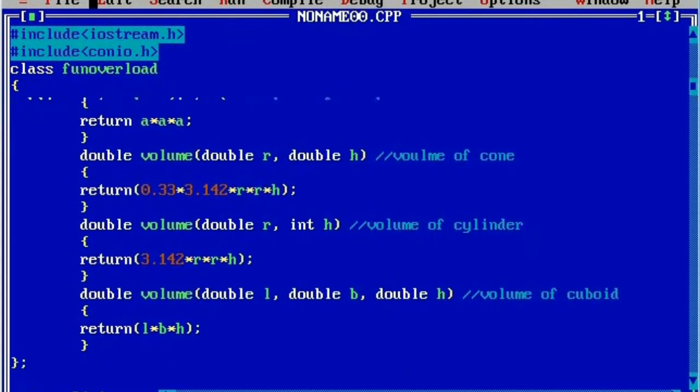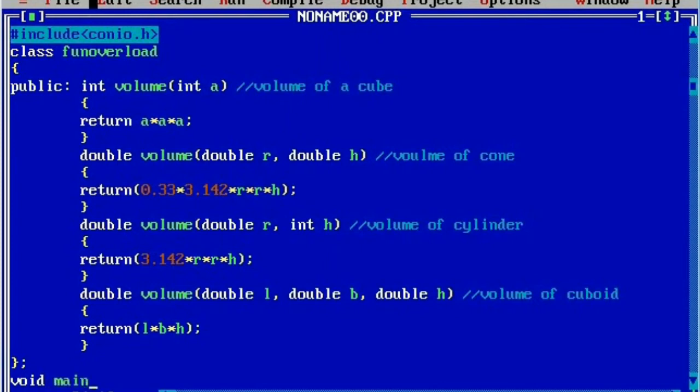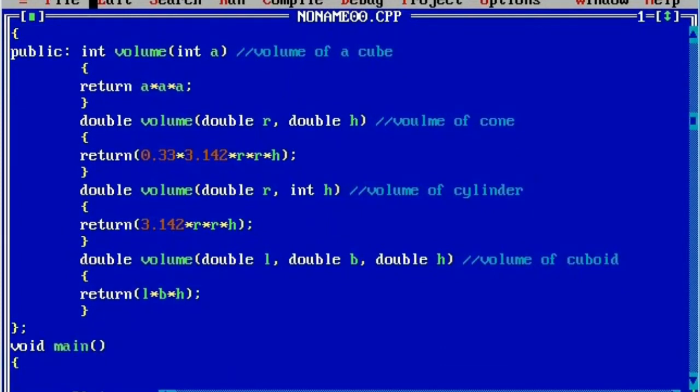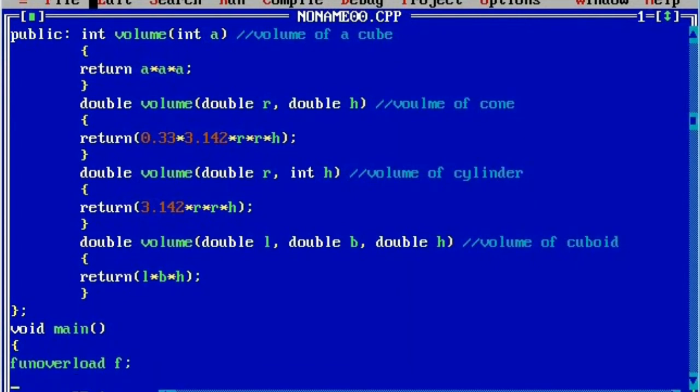Now we are going to write the main function to create an object of this particular class. So here we are going to use void main, curly open brace. Then we write the name of the class as fun overload. Then I'm going to use one object, that is f of type fun overload.